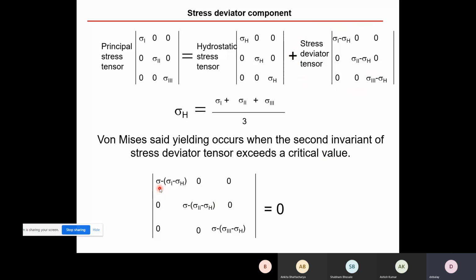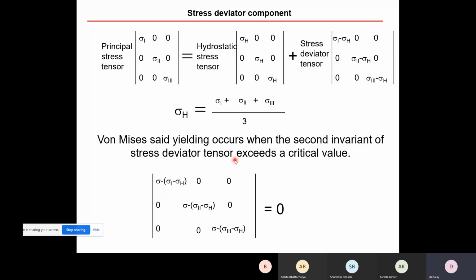So that's why again he is writing it in the form of sigma minus first term, 0, 0, 0, sigma minus second term, 0, 0, 0, sigma minus third term. So this stress deviator tensor he wants to represent in terms of an expression like a sigma cube plus b sigma square plus c sigma plus d equal to 0. First invariant is a, second invariant is b. Out of that expression, he is picking up the second invariant. This is not a part of this course, but it is important to understand that in Dieter's book it is written that